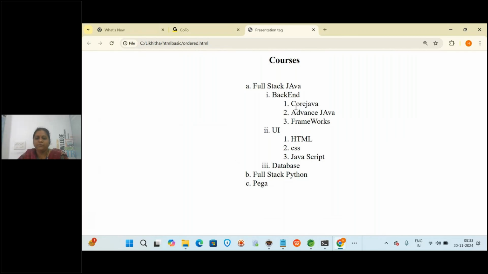If you want, you can take a screenshot, and offline students you can take a photo or just note it down so that you can try for the next session. If you do examples and assignments only, you will know how to write it. This is one example assignment on nested ordered list.